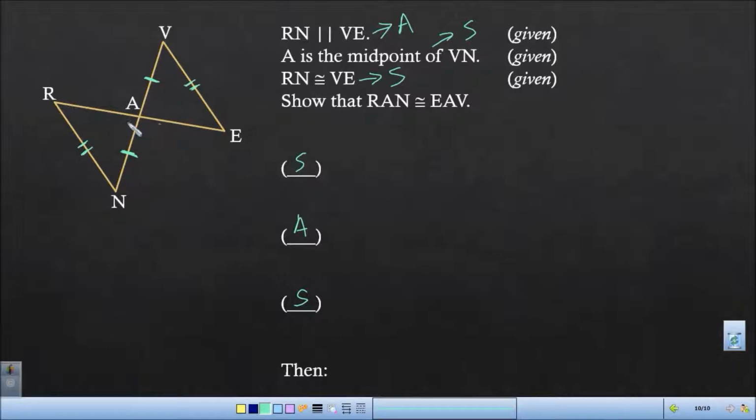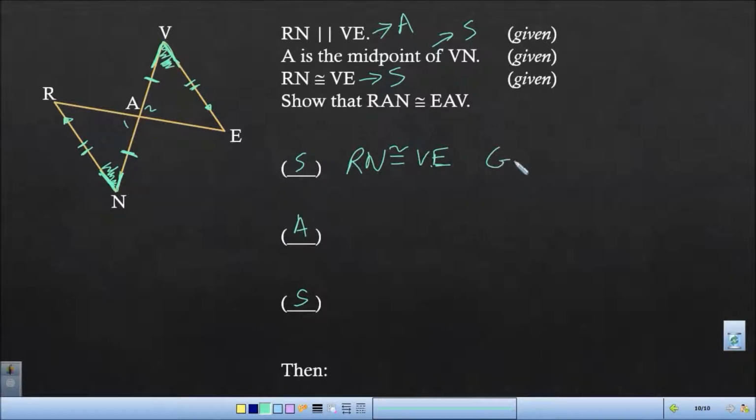So if you were to take the two vertical angles like we normally do, you would have an angle side theorem. Okay? That's not going to work. Here we go. We've got these two angles need to be congruent, and we can get them congruent because these two sides are parallel, and we have that Z shape that we need. Okay, we have the Z shape that we need with the parallel lines in order to get the alternate interior angles. So we say RN is congruent to VE